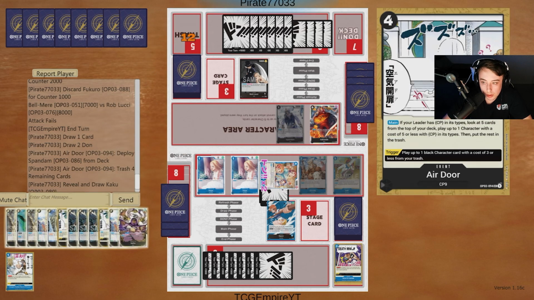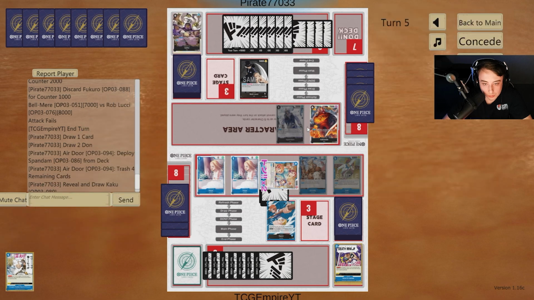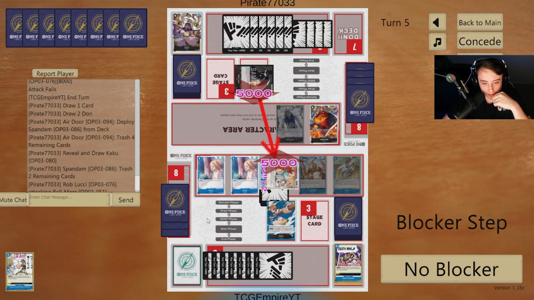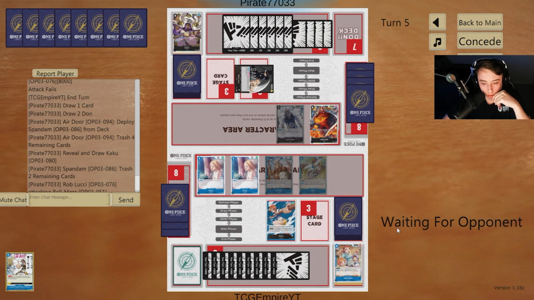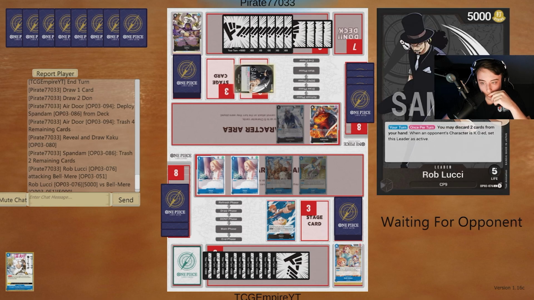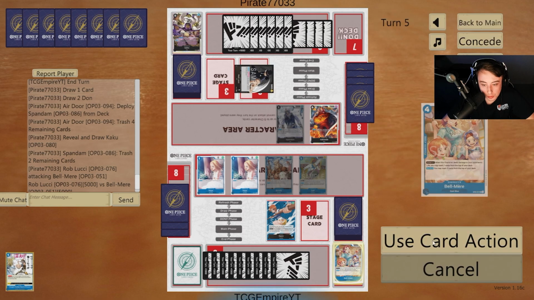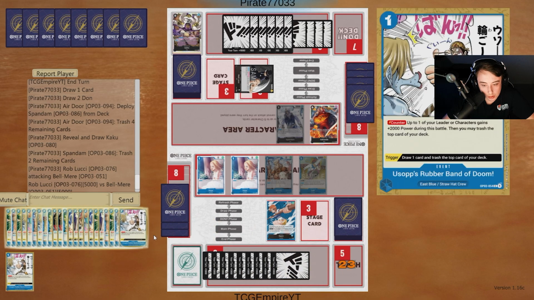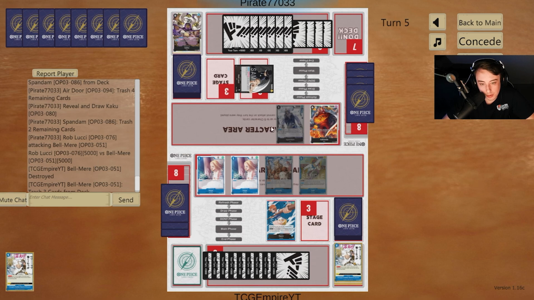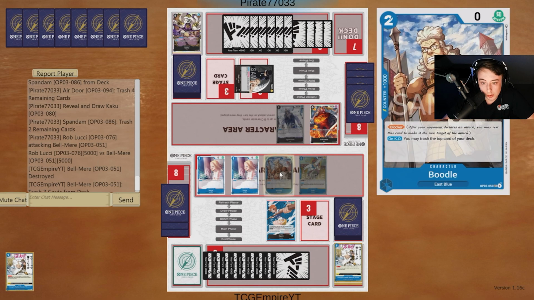So our opponent used the air door to play Sandman. So there's a 5k swing. I think I'm gonna let this go. They can restand their leader, but that's fine. They do have to discard 2 cards from their hand, so we'll use the card action. So our next goal in the next couple turns is going to be to kind of survive and go from there. We do have a block,